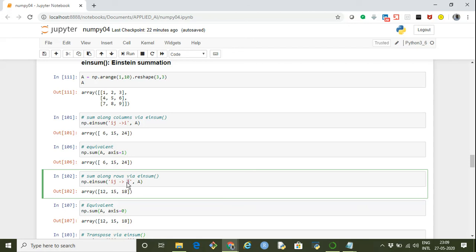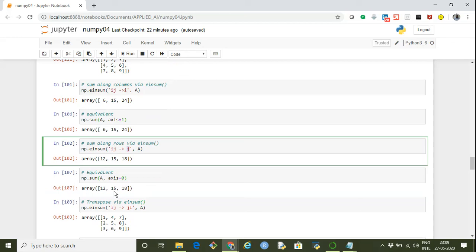Then we give the array A, and it will sum it up. So 7 plus 4 is 11, plus 1 is 12, then 8 plus 5 is 13, plus 2 is 15, and similarly 9 plus 6 is 15, plus 3 is 18. The equivalent is np.sum of A, where axis is 0.